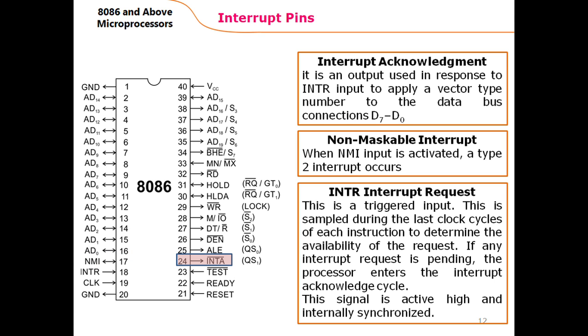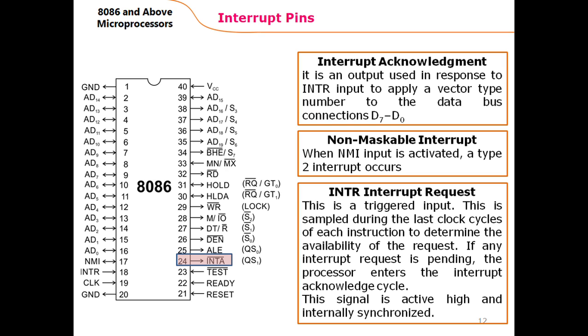Similarly, there is an interrupt acknowledge pin represented with INTA. This is pin number 24. Interrupt acknowledge is an output used in response to an interrupt request input to apply a vector type number to the data bus connections D0 to D7. So whenever an interrupt request arrives and is to be responded to, this interrupt acknowledge pin, which is active low,